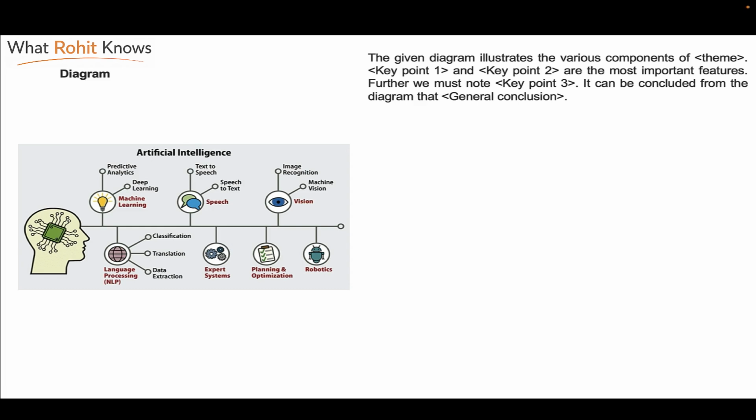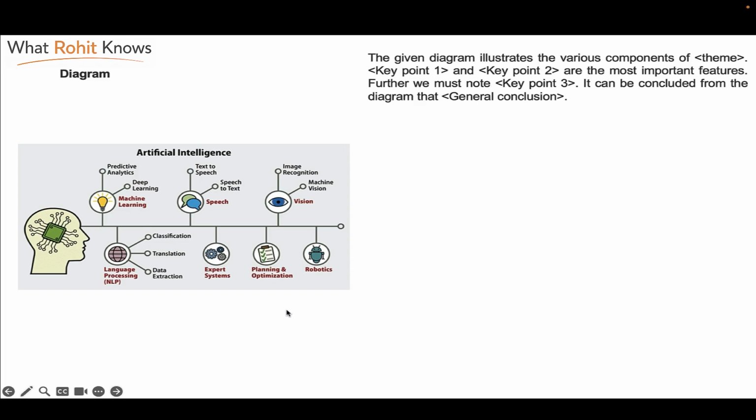Then there will be another type of diagrams which is about a process. So steps, how something happens, how manufacturing happens, how toys are made, something like that. So this diagram is of the first type. And the structure we use is: the given diagram illustrates the various components of the theme, because the diagram